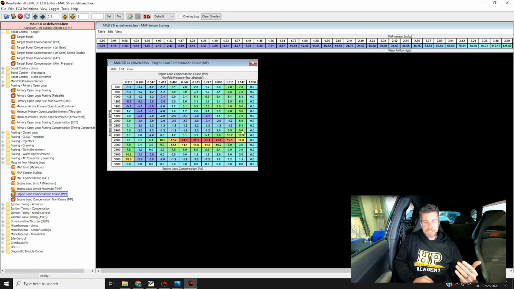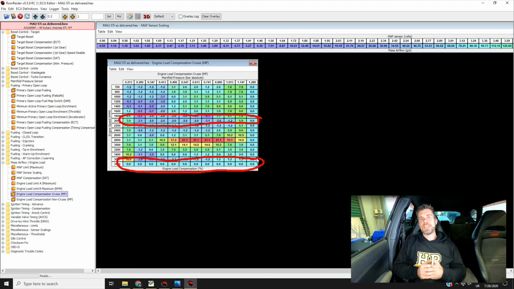So what this can mean is, particularly if we didn't know this was going on and we were unfortunate enough to try and scale our mass airflow sensor at 2800 to 3000 RPM, you can see we're also being influenced dramatically by those huge trims in there. And essentially, if this load compensation table wasn't right, we wouldn't know whether our error was coming from that or our mass airflow sensor scaling. So just getting a little bit more specific about the Subaru ECUs, we find that generally in our load compensation table we've got little to no activity down at 2000 RPM, and again we've got little to no activity up around 3800 RPM and above.